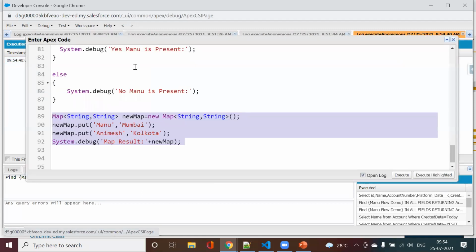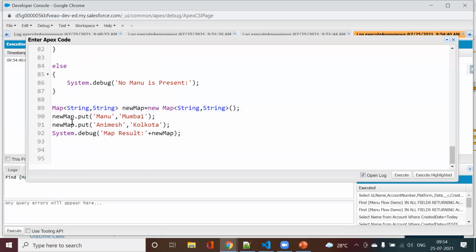Now in case I just want to get Manu's record, you can use the get method, but always remember, we never use the get method directly. Before that, always check whether that map contains that key or not, because in case you are not using containsKey before using the get method, it will give you a dereference null error. Many people tend to skip this key check. So what is the best practice? How do you write it? You write it like this: